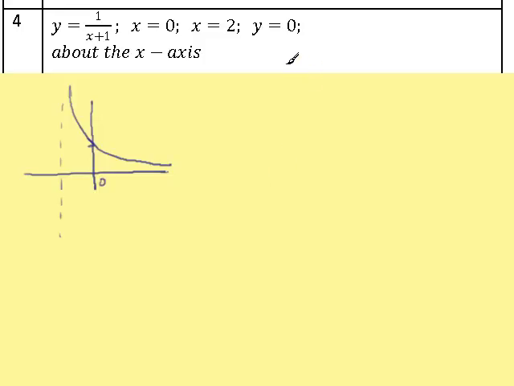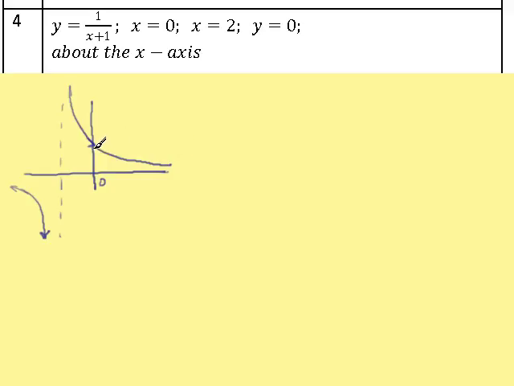And then before, we were integrating the area under this curve, y equals 1 over x plus 1. I drew part of it over here. The other piece would be down here. You see, we know this has a vertical asymptote at x equals minus 1. So that's why I drew it in over here, although that's not going to affect us because we're looking at the region below this curve